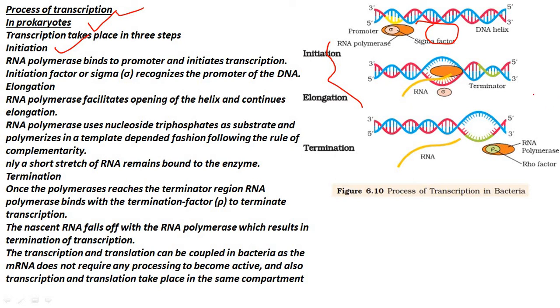The RNA polymerase uses nucleoside triphosphates as substrates and polymerizes in a template-dependent fashion following the rule of complementarity. A short stretch of the RNA remains bound to the enzyme. In the termination part, once the polymerase reaches the terminator region, the RNA polymerase binds with the termination factor Rho to terminate the transcription. And the nascent RNA falls off with the RNA polymerase, which results in the termination of the